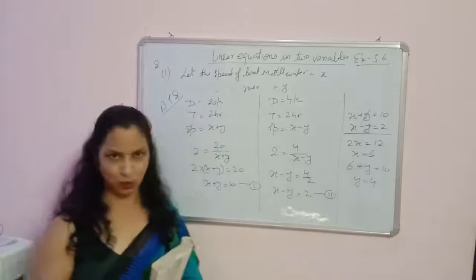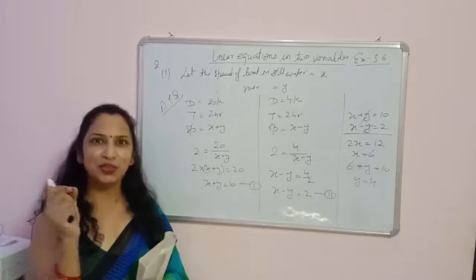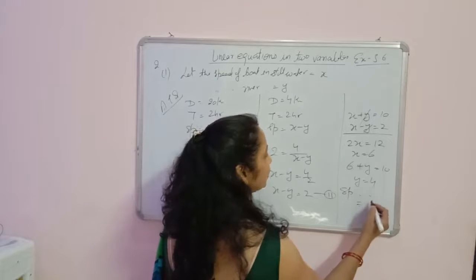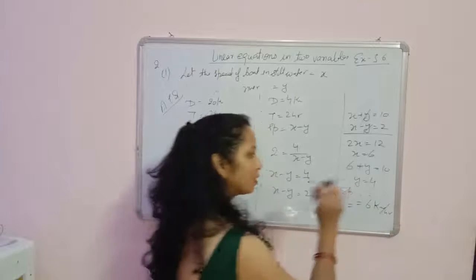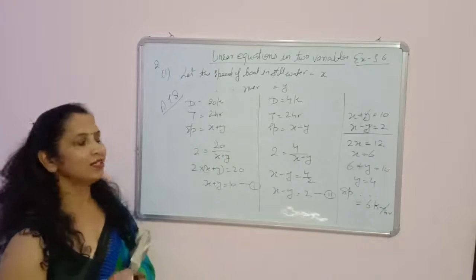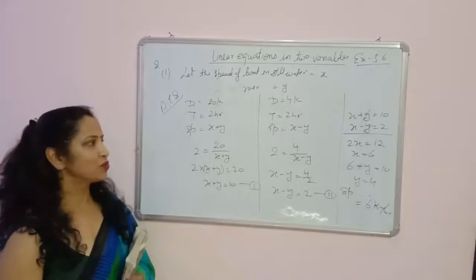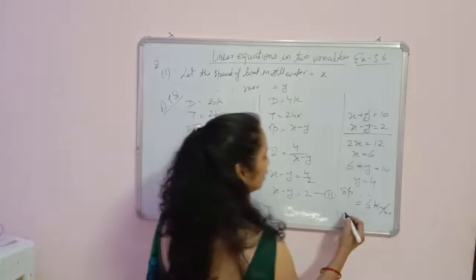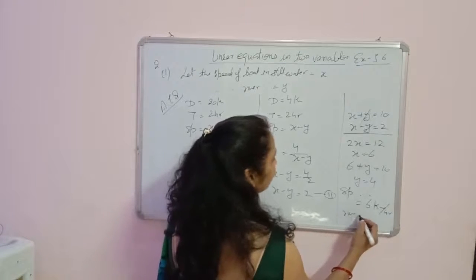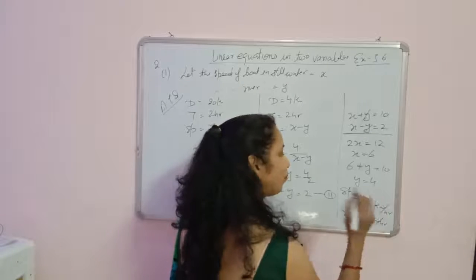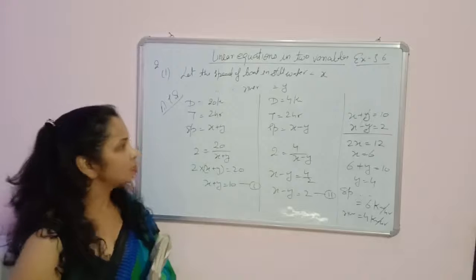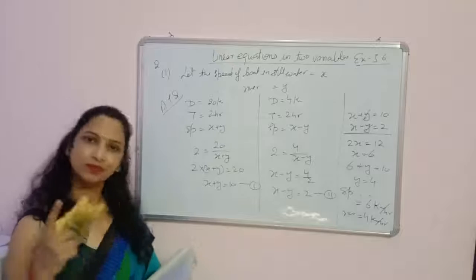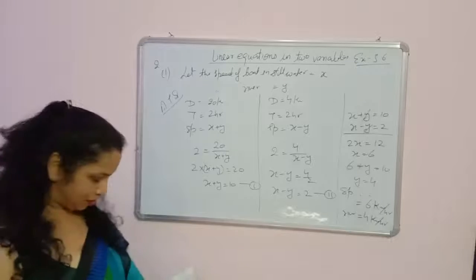Now, this is not the complete question. You have to write the unit with your answer. You will write the speed of the boat in still water. Speed of the boat in still water is equal to 6 km per hour. This is the complete question. You will write the unit along with your answer, so that's why I completed this question. The speed of the boat in still water is 6 km per hour, and the speed of the river is equal to 4 km per hour. It's really important to write down the units with the answers. This is the first part of question second. Again, pause your video for writing answers.